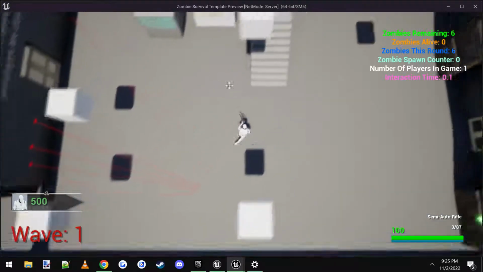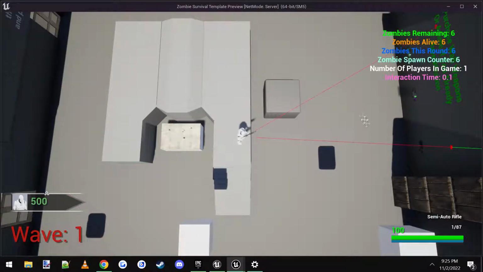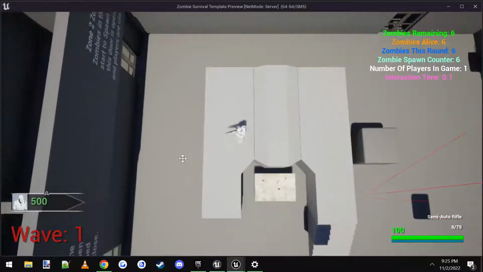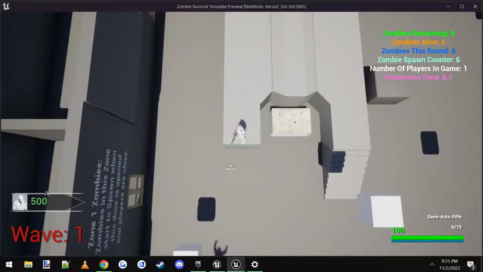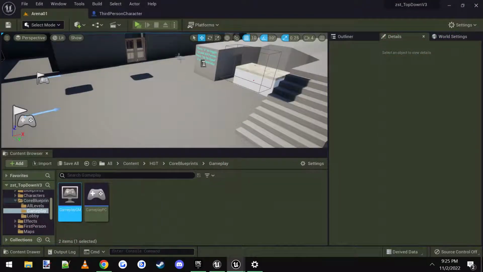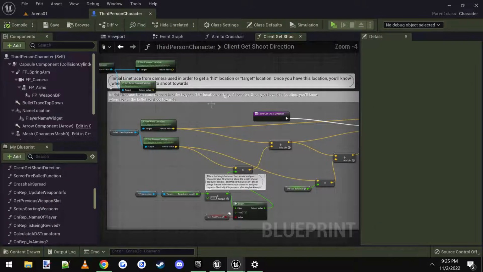Now, as you can see, I'm not a top-down expert, but this only allows you to shoot directly in front of your character. So if there's zombies or something below you that you need to shoot, you're just going to shoot right over the head. I can show you a quick way, if you're still in the client get shoot direction